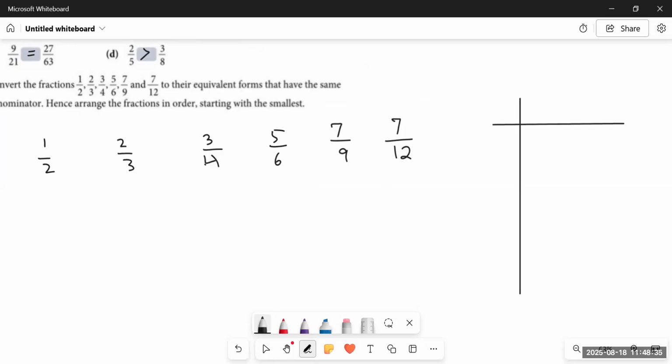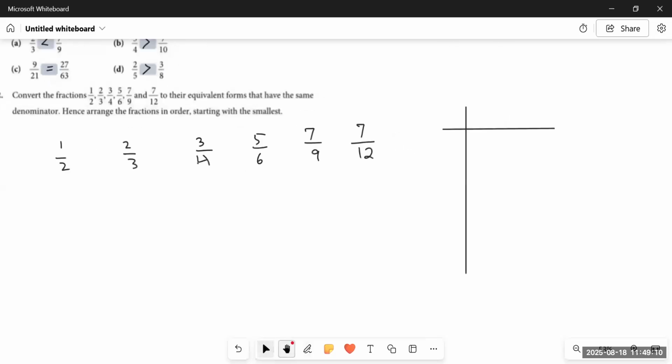So we will take all these fractions, or we can take only the numbers that are multiples of the other numbers. Like we can take 12 in place of 2, 3, 4, and 6, because 12 is the multiple of all four numbers. 12 is the multiple of 2, 12 is the multiple of 3, 12 is the multiple of 4, 12 is the multiple of 6. So we can find the LCM of 9 and 12 also. I can show you that by finding the LCM of only 9 and 12, we will get the desired result. And even if we are taking all the numbers and finding the LCM, we are going to get the same result. Let me show you.